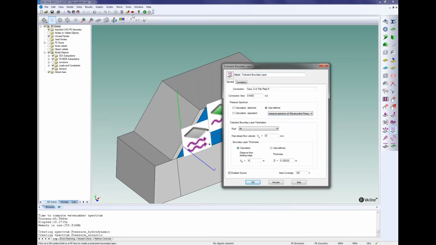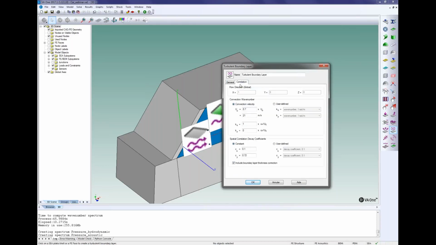you can also use, as we said, the tools for fitting the TBL to get the correlation coefficient, the wave number decay coefficient, convection wave number, and the spatial correlation decay coefficient. Here we take the constant, we just remove the boundary layer correction.